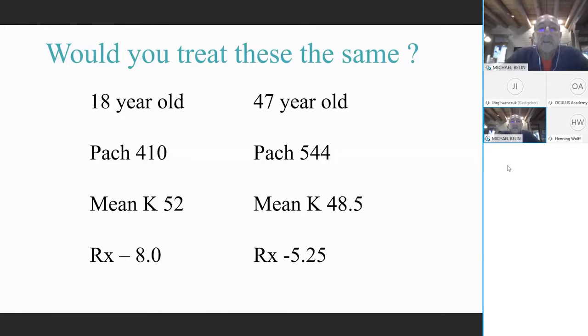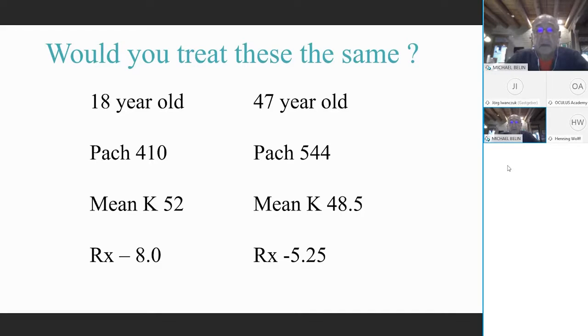Let's look at this example. We have 2 different patients here. The first one is an 18-year-old with a PAC of 410, a mean K of 52, and a refraction of -8. The second one is a 47-year-old with a pachymetry of 544, a mean K of 48.5, and a refraction of -5.25. And I think if you look at these, no one would look at these 2 patients and say they